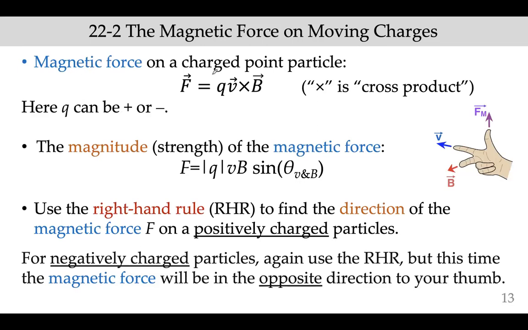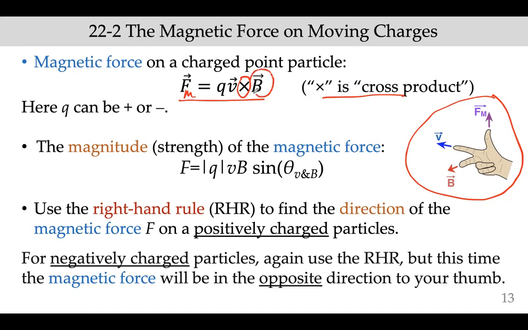Okay, so now we know how to find the direction of the magnetic force, but what is the value of that force? Now let's find it. This is the formula. The magnetic force here is the charge times velocity, this is a cross product, times the vector magnetic field. Notice that the velocity and the magnetic field are vectors. And here q can be negative or positive. Now, force is a vector, but if you ask what is the magnitude or strength of the magnetic force, then it's qvB